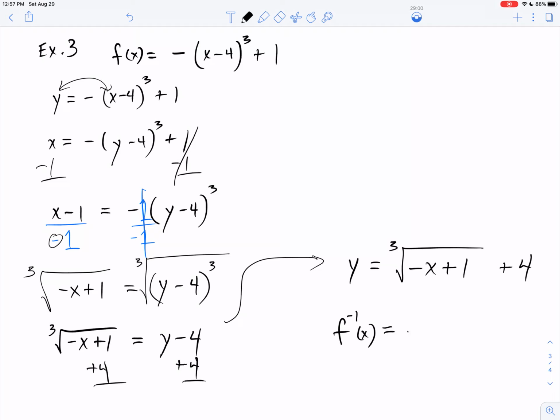And then they're going to do this inside the root. They're going to do 1 minus x. I don't know why they do that, but they do a lot of the time. I guess it looks a little more streamlined, but what I want you to realize is,